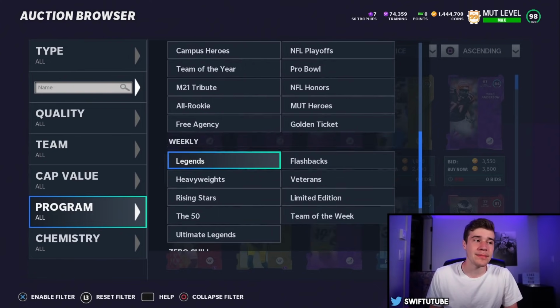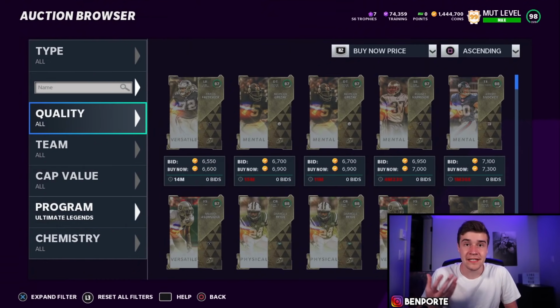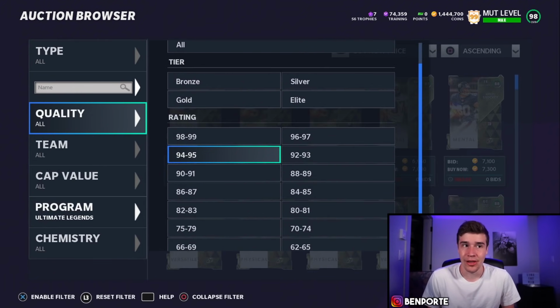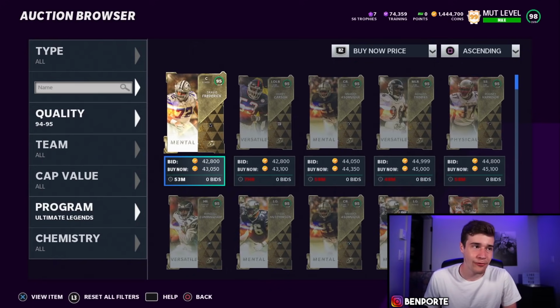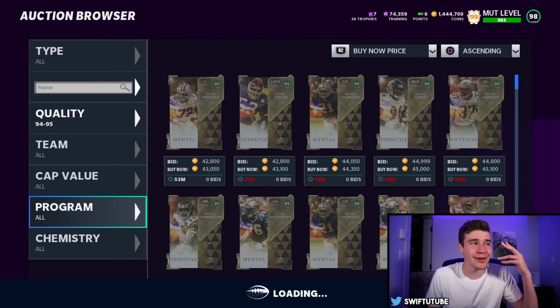So in today's video, what I'm going to do is quickly get a 95 overall player, and then we're going to just start ripping this pack. We're going to rip all 100,000 training points, and the math is very simple. If we get a card that is going for more than 4k, we're going to be profiting on the pack. So what I'm going to do is quickly take a look at a couple other filters